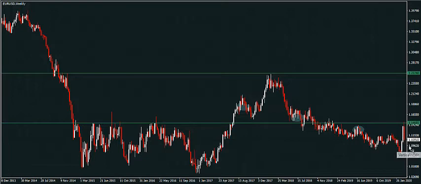So last week printed a pretty decent bearish reversal candle here on the weekly time frame, Euro Dollar. You can see this resistance point here at 1.1468. It's an approximation. It's hit here several times. So again,